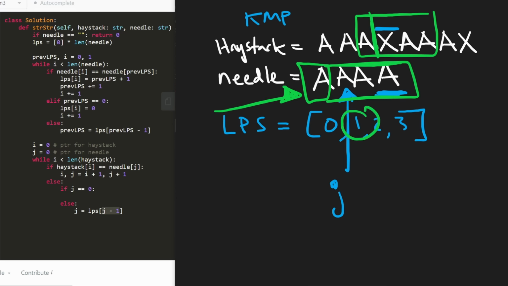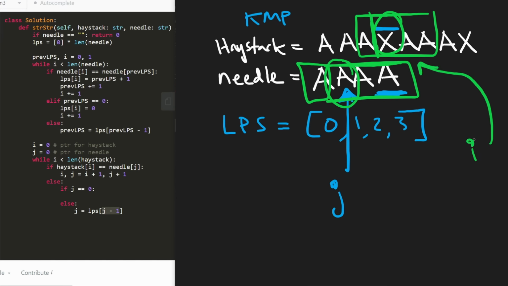That's what the LPS saved us. But as you're about to see, it can't save us forever, because now we're going to run the condition again. We're going to run the loop again. Does this A equal this X character? Remember, our I pointer is still going to be pointing at the X. They're not equal again. Now we're asking, what's the longest prefix suffix between these two characters, which do match each